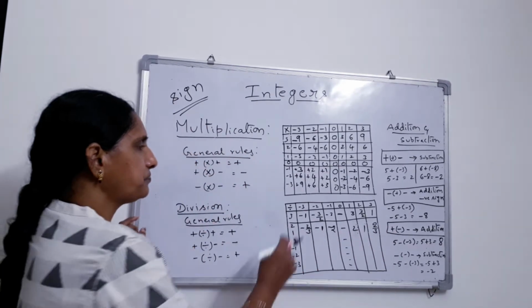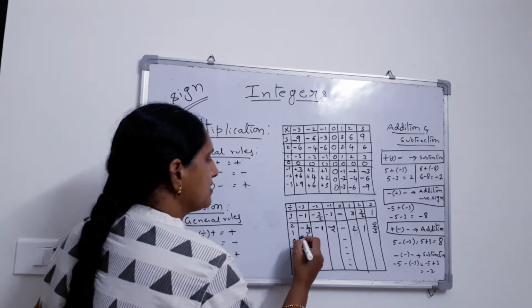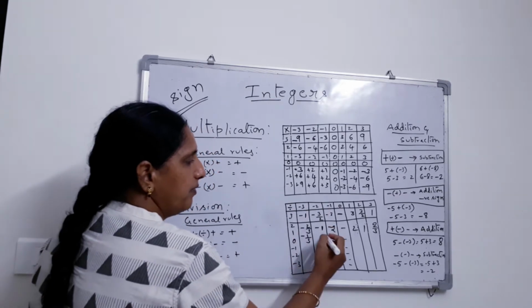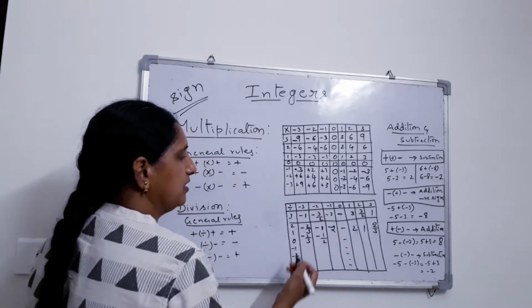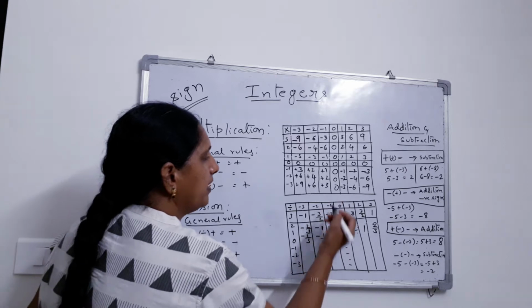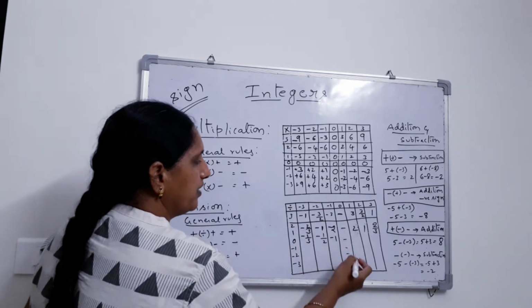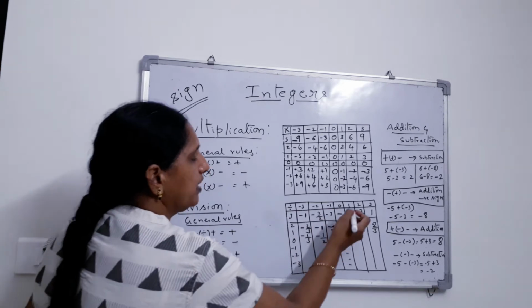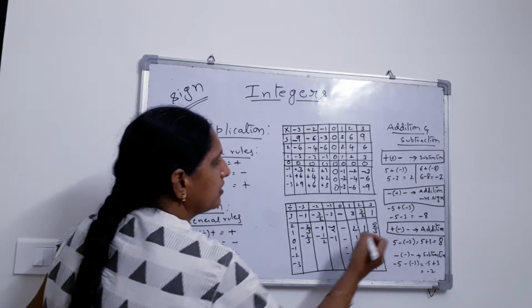So now 1 divided by 3, 1 by 3 with minus sign. 1 divided by 2, 1 by 2 with one minus sign, so minus. So 1 divided by 1, it is 1 with minus sign. So this we are not going to touch. So again positive. 1 divided by 1 is 1, 1 by 2, 1 by 3.